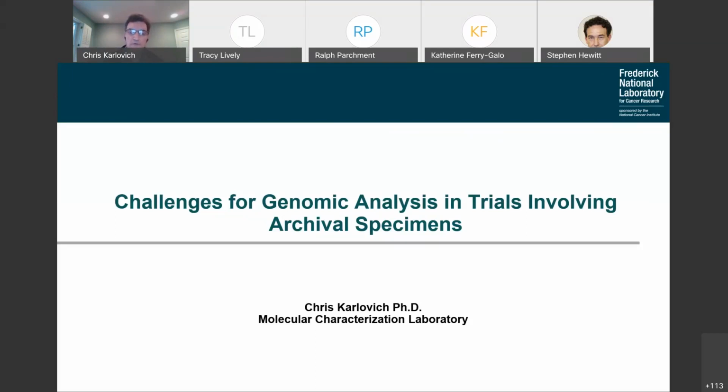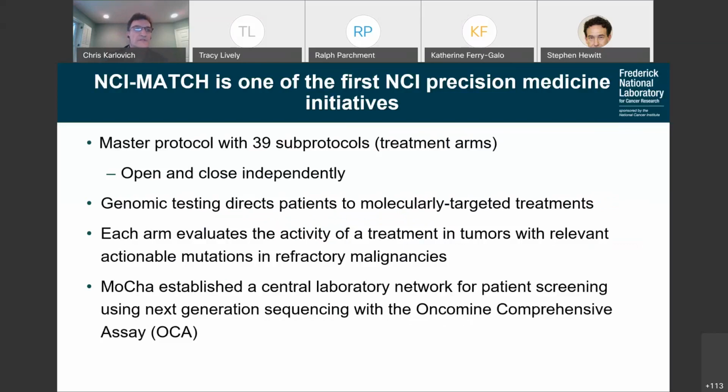Now, we often encounter clinical trials that plan for the collection and sequencing of archival specimens as part of the biomarker plan. So I thought I would focus my talk this morning on the challenges that we sometimes face for NGS when we're working with archival specimens. All right. And I'm going to start by using the NCI MATCH trial as an illustration of how we think biospecimens should be collected to achieve the best results for NGS. And I would guess that everybody on this call is probably familiar with